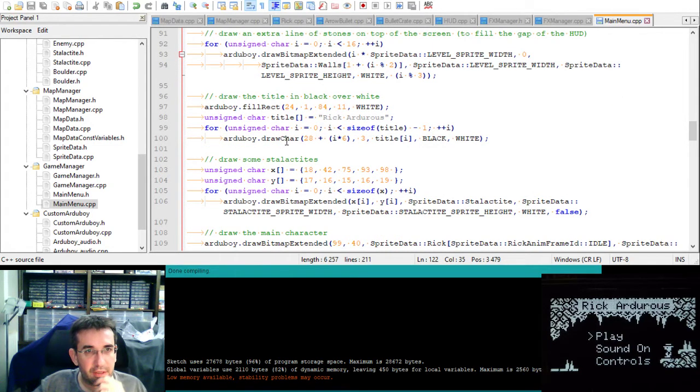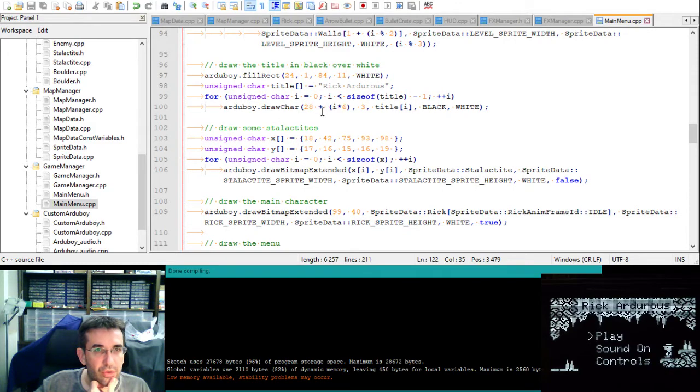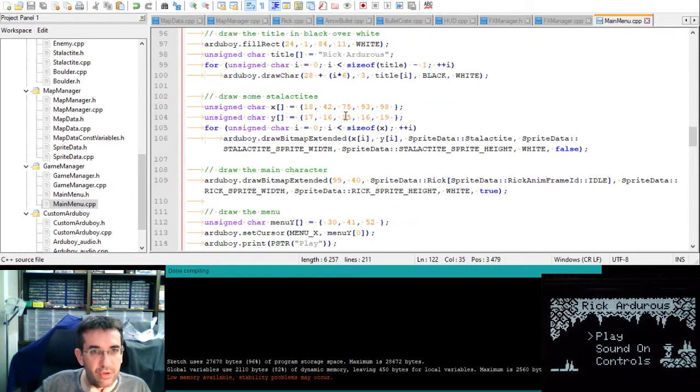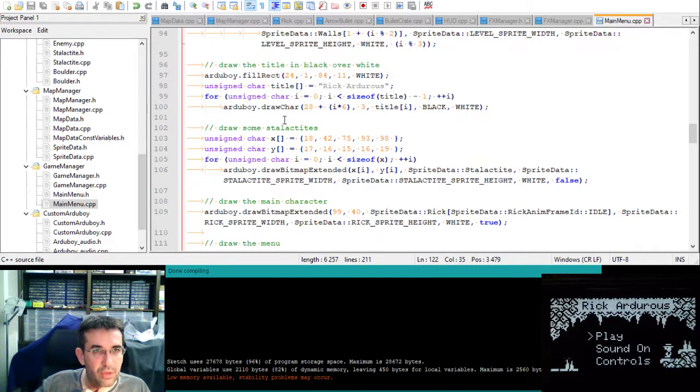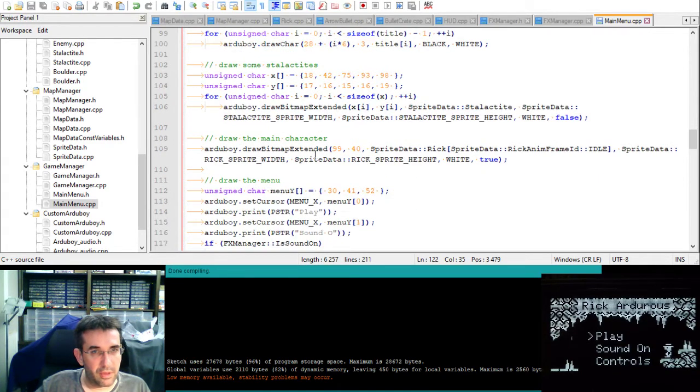I think I used the draw char because I wanted to avoid using a print with a different color. I'm not sure why I just don't print the title. Anyway,